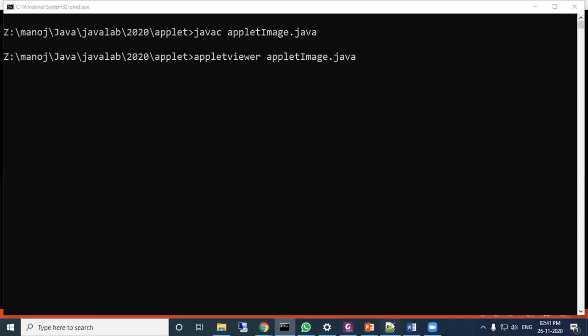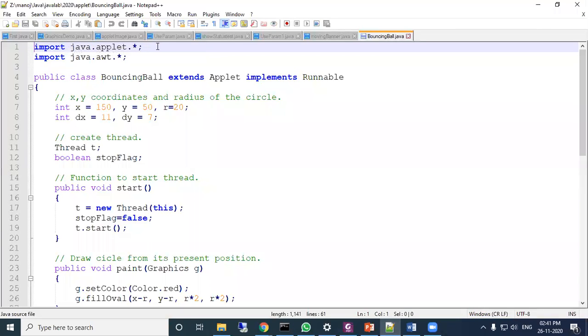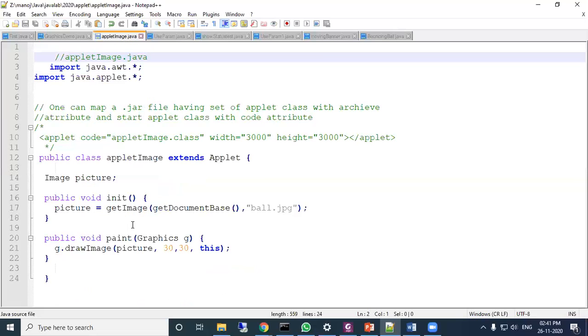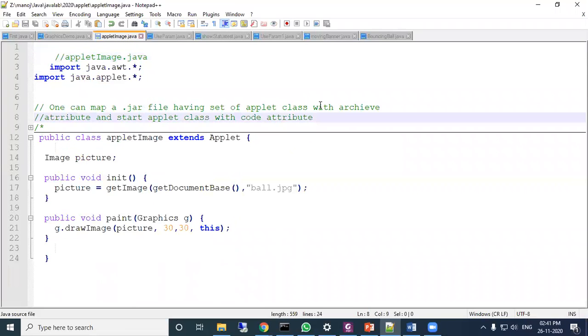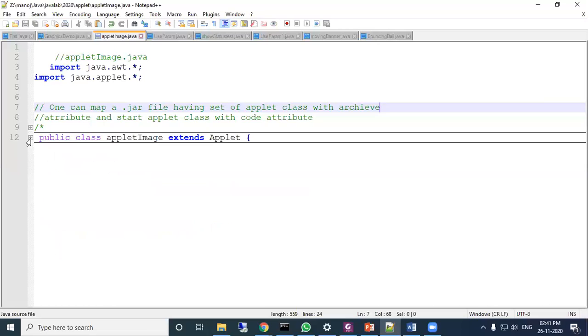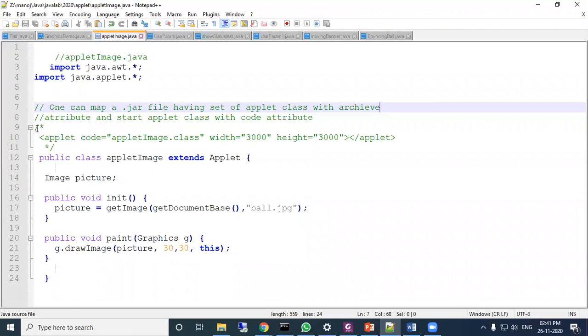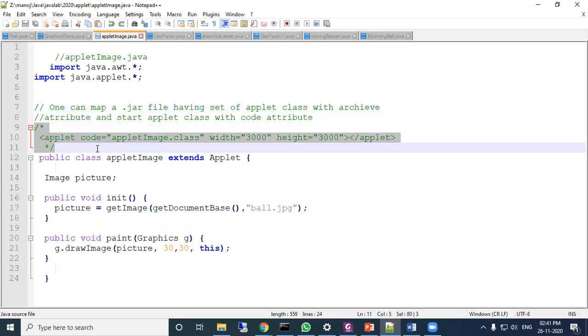Let's see the HTML code here. These are the lines of code. One line is tagged with applet, then code equal to, within double quotes, the class name.